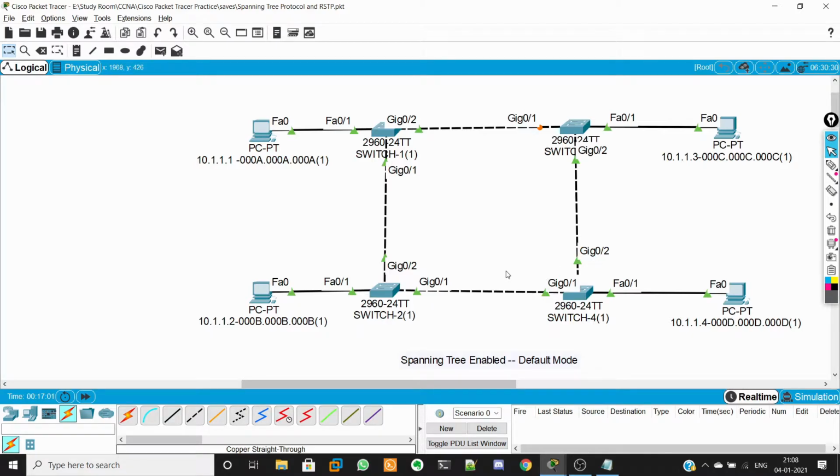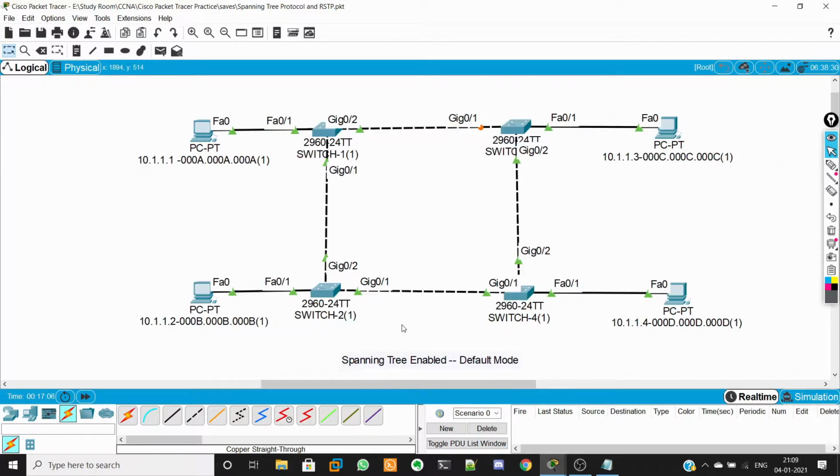The switches beautifully communicate among themselves, and they keep some of the ports in blocking state and some of the ports in forwarding state. You may see this network. This network is a default network with spanning tree protocol. In this network, we can see this port is disabled. I didn't disable this port physically or administratively; it is simply disabled by the spanning tree. So this port actually receives the frame, but it will not process the frame.